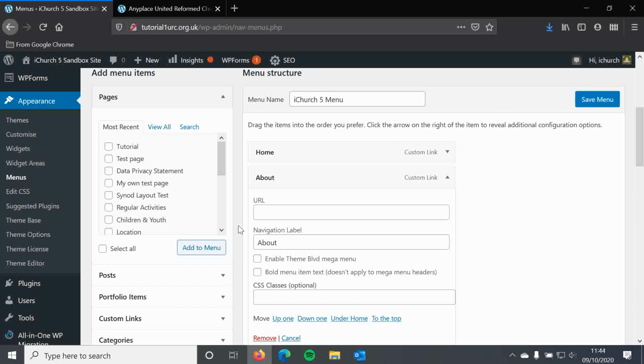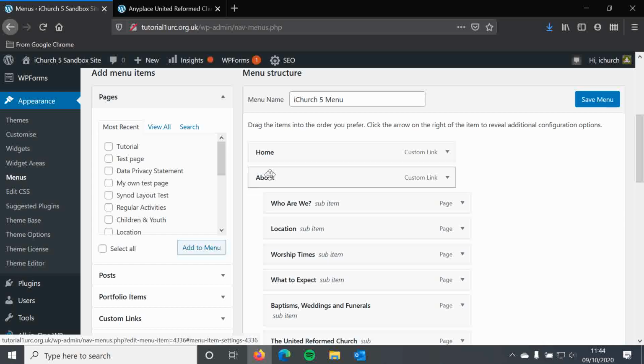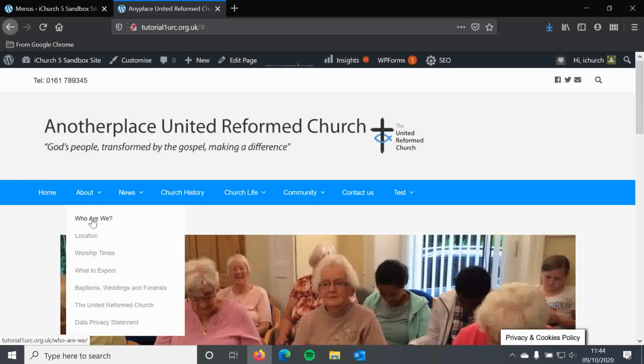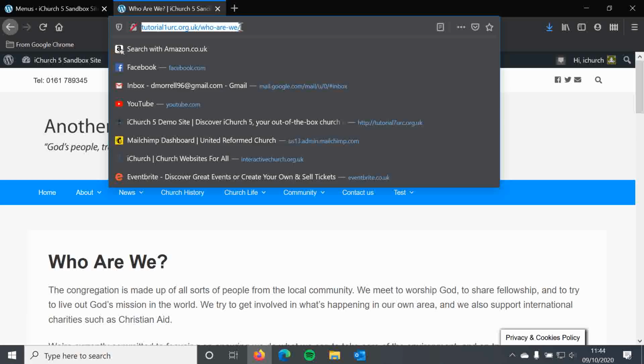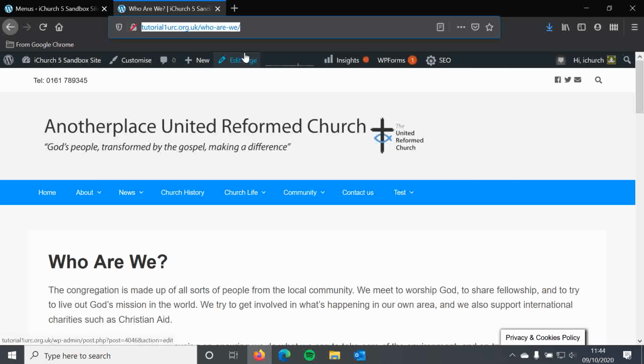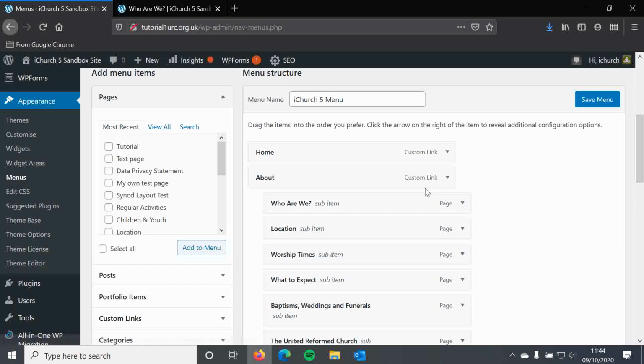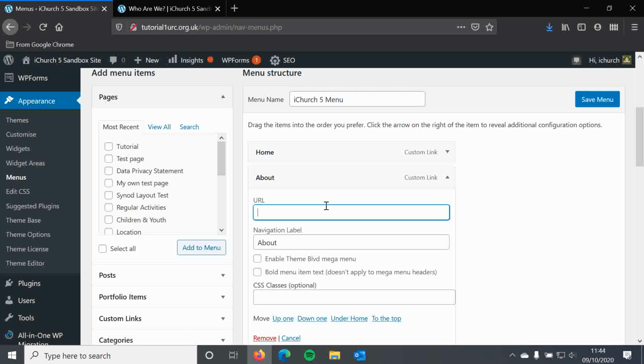Equally, we do a very similar thing for navigating internally. So if we wanted, when people click on the About page, to go to the Who Are We, then we go to the Who Are We page on the front end just to check that we want the correct URL, the web address. So you see it's tutorial1 urc.org.uk/who are we. And I'm just going to select that and copy it. So right click and copy, or Control or Command C, and then simply paste it in. So that's Control or Command V, or right click and paste,